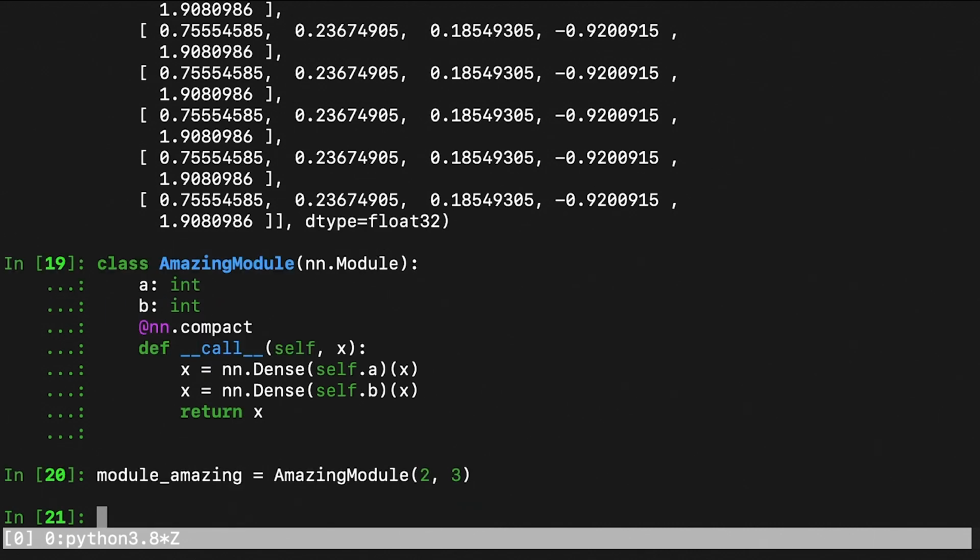However, as mentioned before, instantiating this Python object is not going to trigger instantiation of the trainable parameters. Here I use the convenience method init_with_output, and note that the input features can be anything. In this case, I set it equal to 7. And the reason why input features can be literally anything is that Flax will do shape inference for us. And when we define this amazing module, we never hard-coded any input features ourselves. So in a way, it's more flexible.